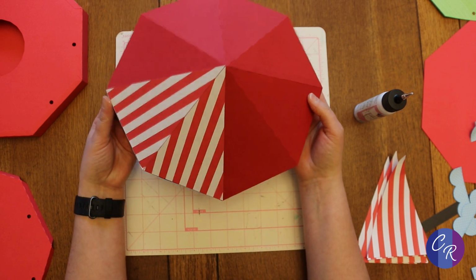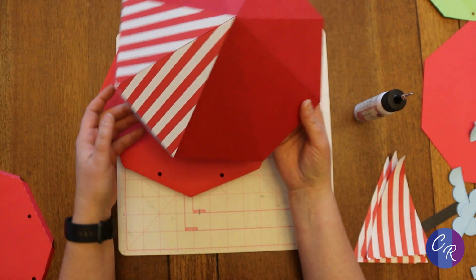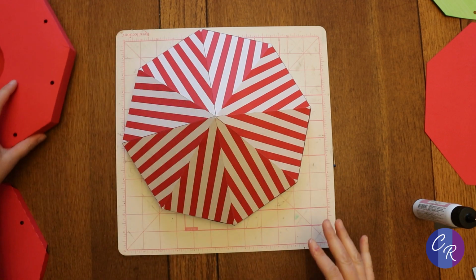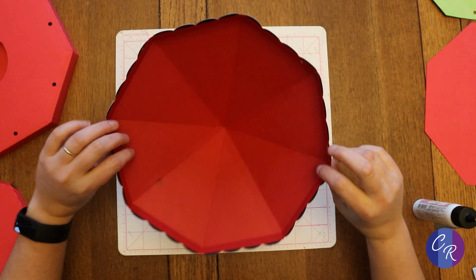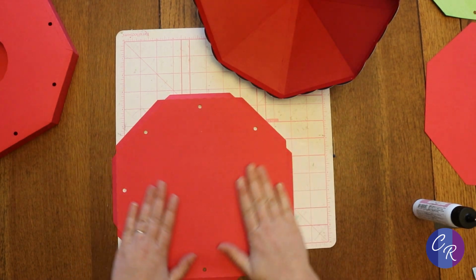I'll go ahead off camera and continue around in a circle and finish putting those on, and then I will start working on the next step. Alright, before we start decorating the bottom or putting any of the center pillar or any of that other stuff in, we need to take the lid and turn it over,